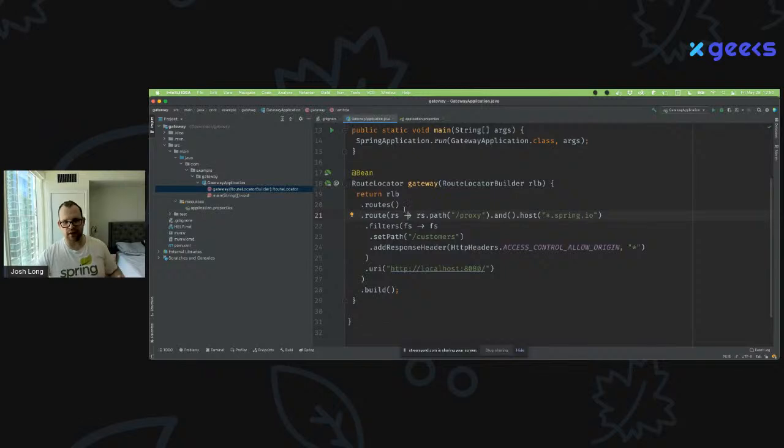There's a Kotlin DSL as well that makes this even cleaner. But also you can use this in YAML. You can store this in configuration. That configuration could live in a config map or the Spring Cloud config server. You can then reload that configuration. So you can change the configuration outside of the application and then tell the application to refresh. You don't have to take the application down. You don't have to restart it. You can reload that configuration. So there's some very interesting opportunities here.